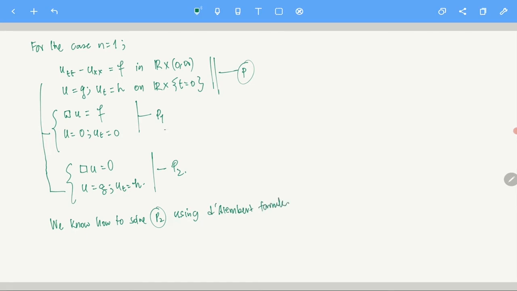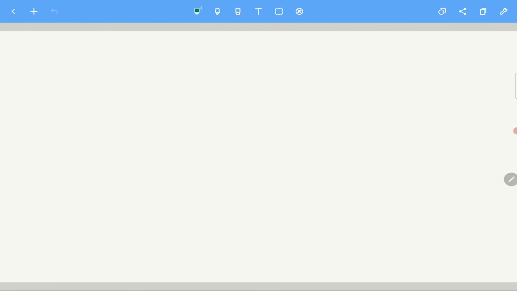My only concern is how do I find P1. Now you see what I am going to do is P2, we can just write it, I mean, you just think of this as at the point x s, right? So I will use Duhamel's principle essentially, but what I am going to do is write it like this. So basically, let me do it here.